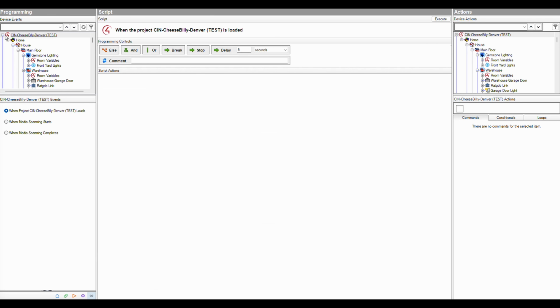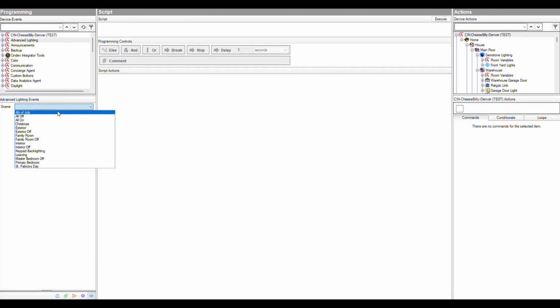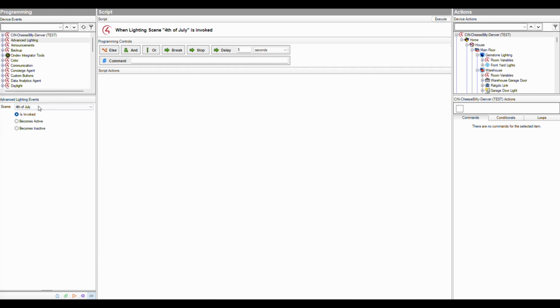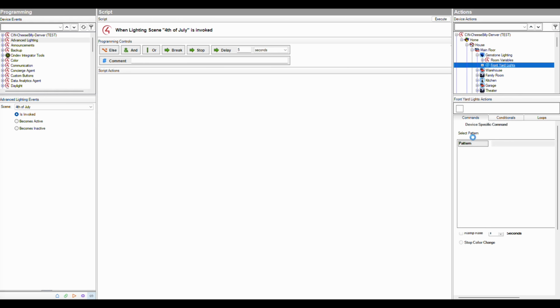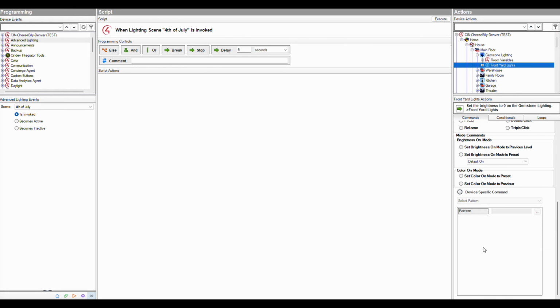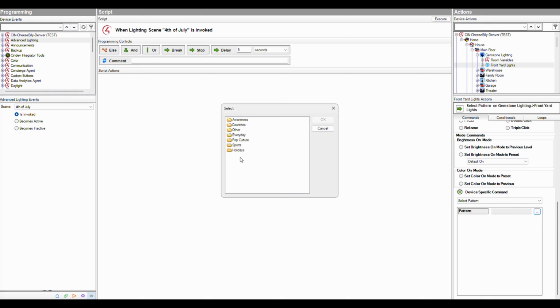Then, under Programming, go to Advanced Lighting, and you're going to select the first scene, select your light, select your pattern,